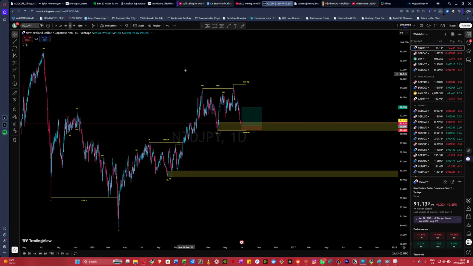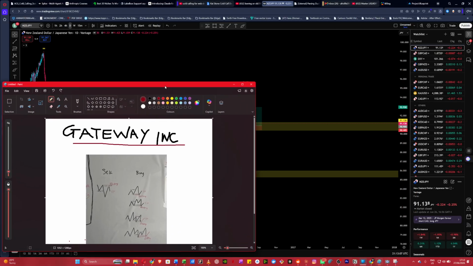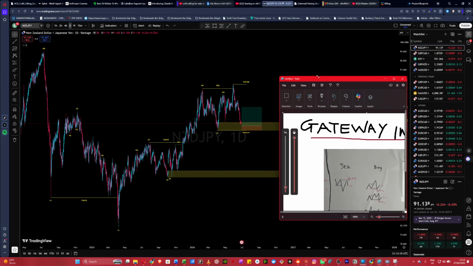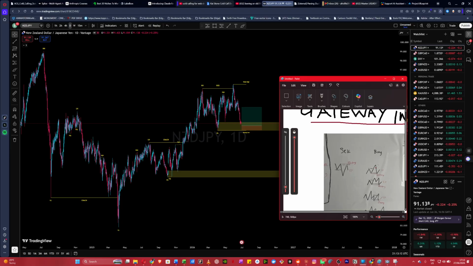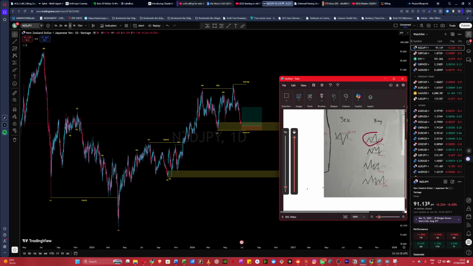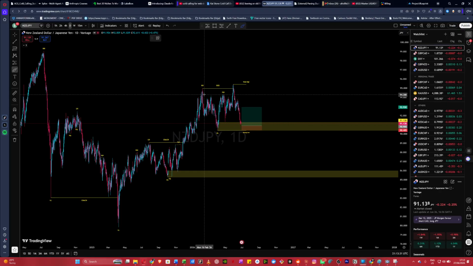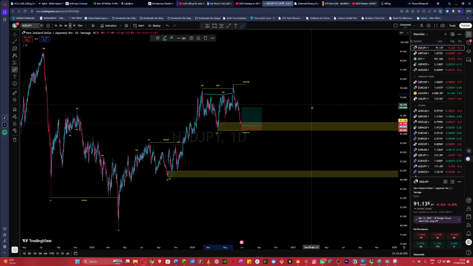So this one fits my pattern. For you guys that don't remember my pattern, this is it. It's a little bit of a combination of this one and then this edge as well. It took out this low, and then this high. It made a new high here, so that's still considered a break of structure, and also an internal break of structure as well. But like I said, it's not just about pattern recognition. You have to consider other things as well: market structure, correlation, and other things together.